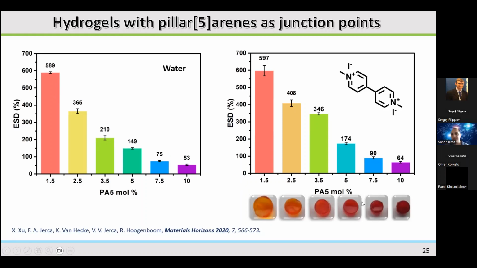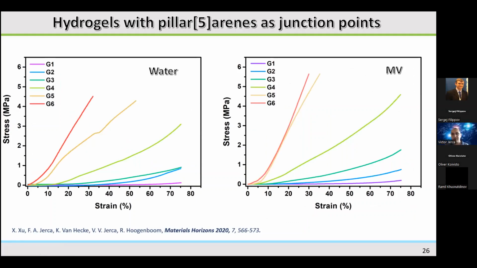However, upon complexation with paraquat, which is a known guest molecule, you can see that the swelling degree of this hydrogel increases, and also the color of the hydrogel changes, because the hydrogels were transparent, but upon complexation they show the characteristic red color. We also tested the compression properties of these hydrogels, and you can see that upon complexation of the paraquat, you have an increase in the mechanical properties of these hydrogels due to the guest-host